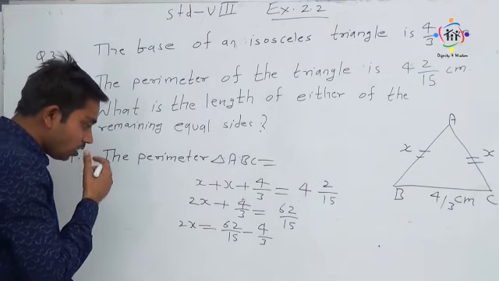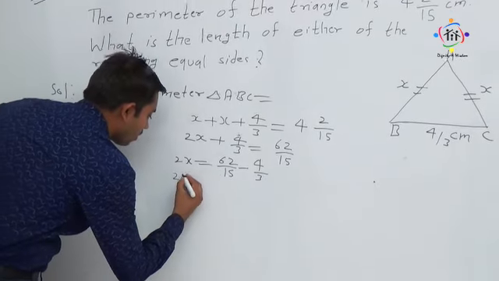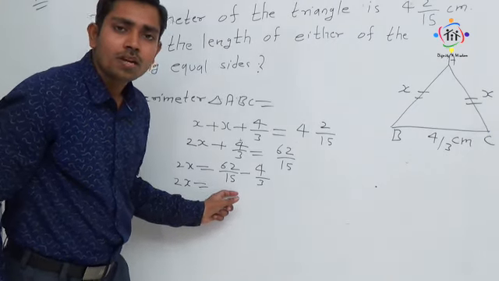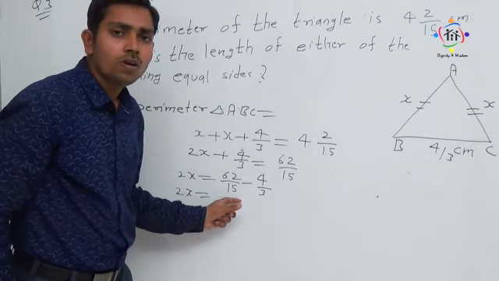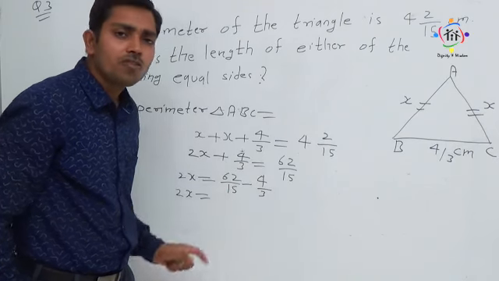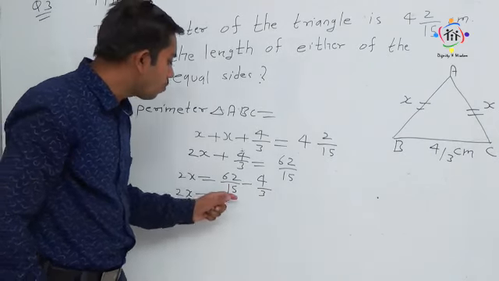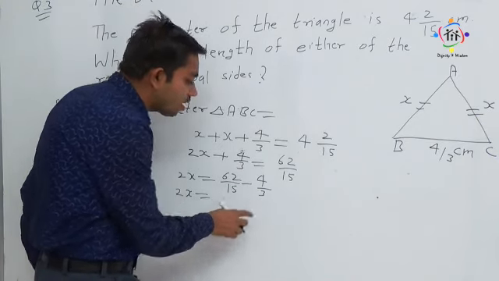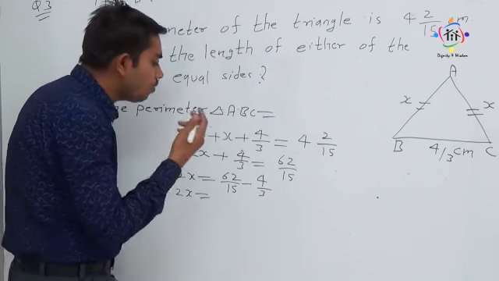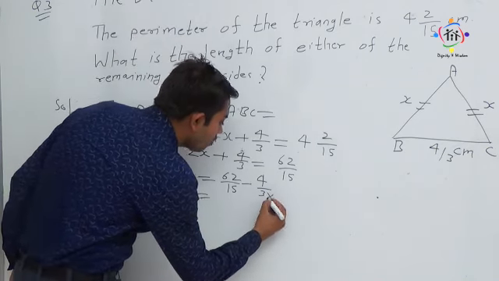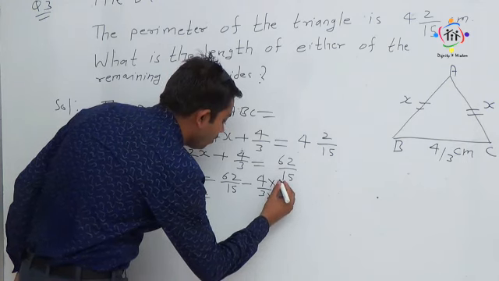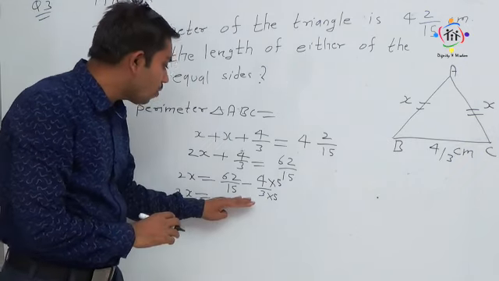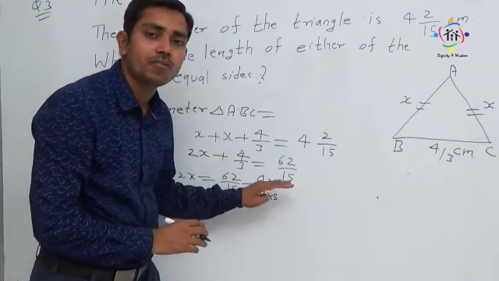Now after this, my dear students, what can we do? In order to solve this, the denominators are not the same. So what to do? We cannot subtract the numerators directly. First we have to make the denominators the same. There are two ways. Either you find the LCM of 15 and 3, or the other way is to multiply a constant in the numerator and denominator so that the denominators become the same. And then, once the denominators are the same, we can directly subtract the numerators.